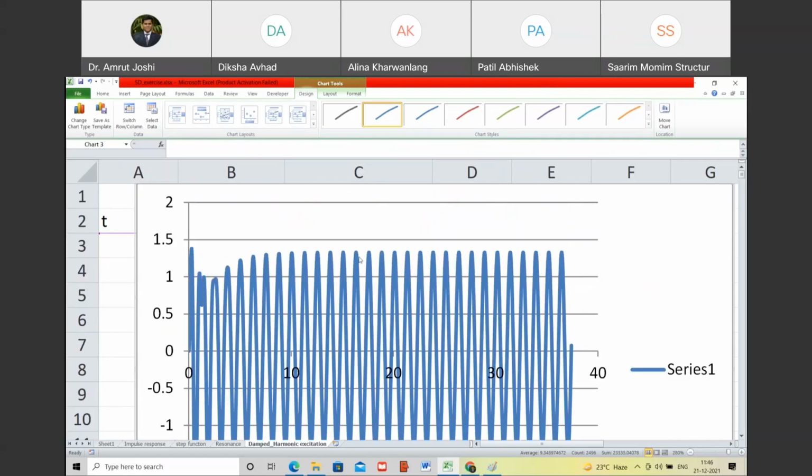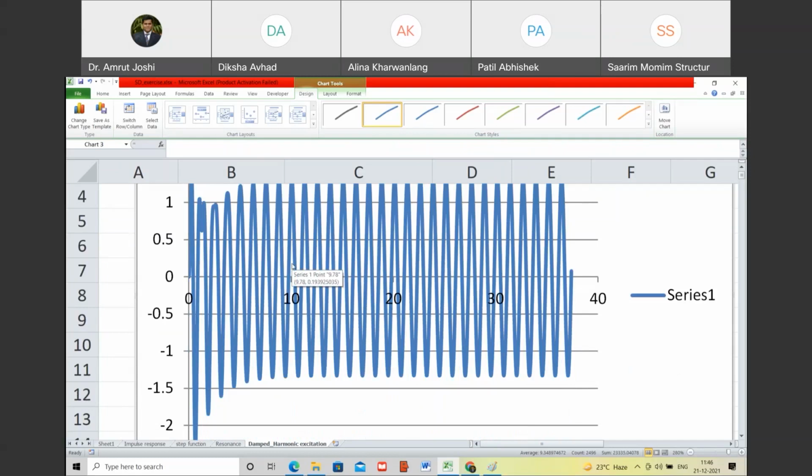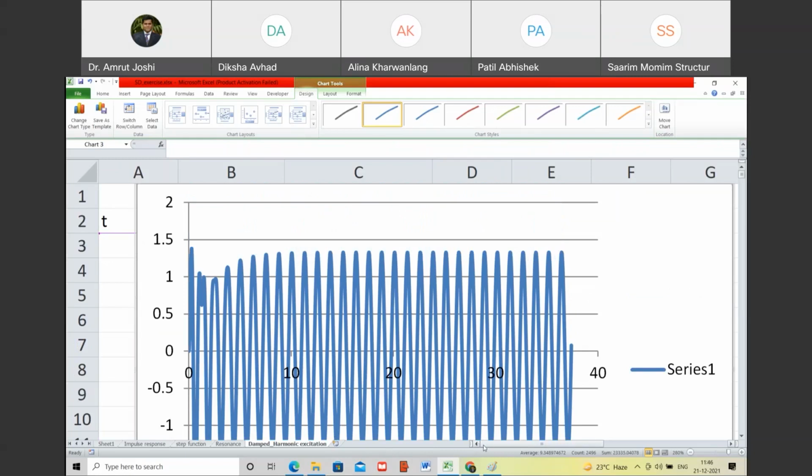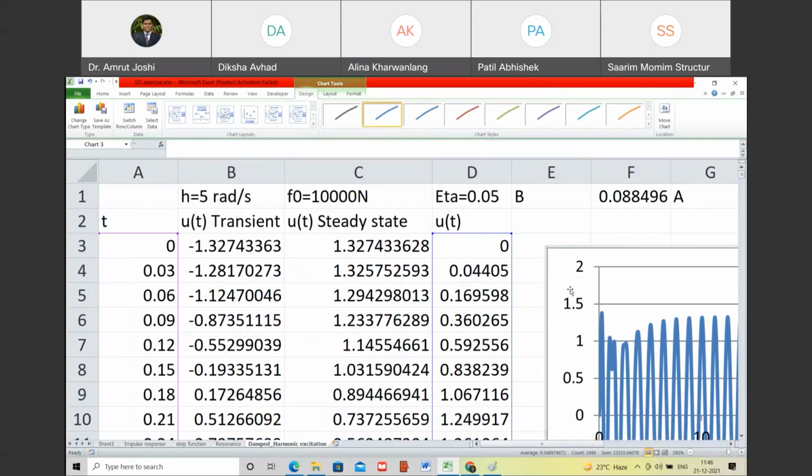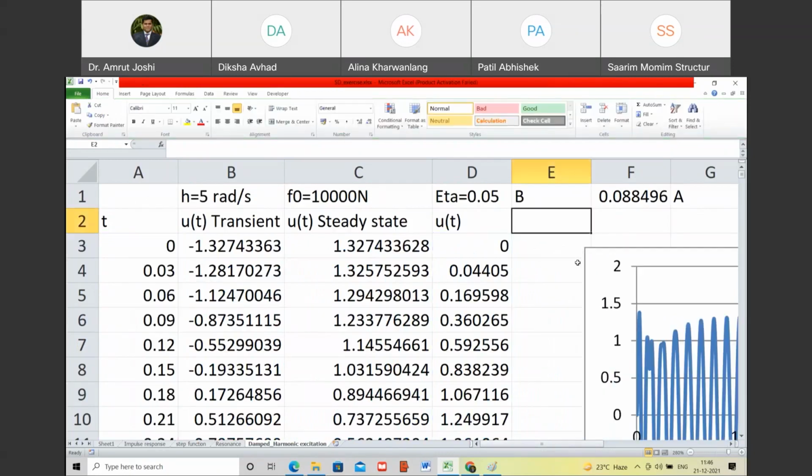Now, secondly, on this same plot, I am now going to plot a forcing function. This is a response to a force. Do you agree with me? Which kind of force? Harmonic force. So I am now going to plot the forcing function on this plot itself. Let us plot it. So can I write down force? In this column, I will write down now force f of t. What is f of t? F0 cos lambda t.